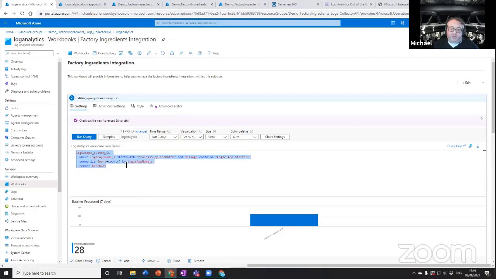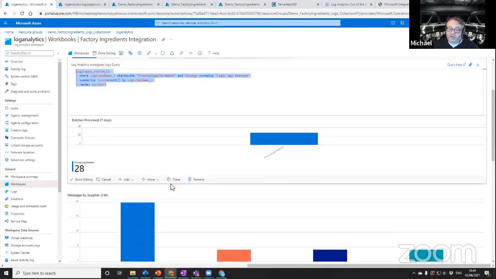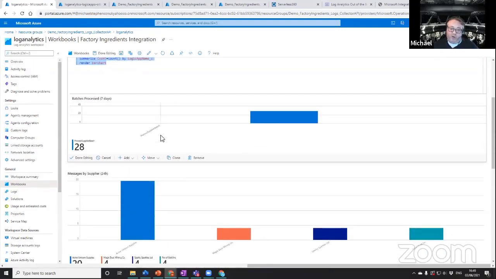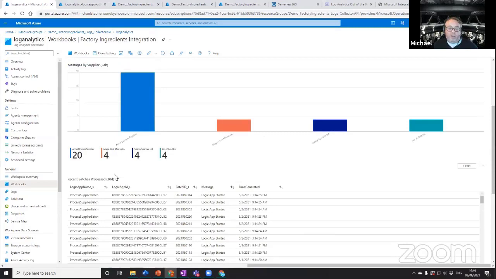So that lets me put a widget on the workbook, and then I can just save it, and create almost like a one-page dashboard of a bunch of different queries that tell me how my integrations are performing. I think one of the good places you can use this is, if you've got an app that does a bunch of different things, you can write 4 or 5 queries and say, so here I've